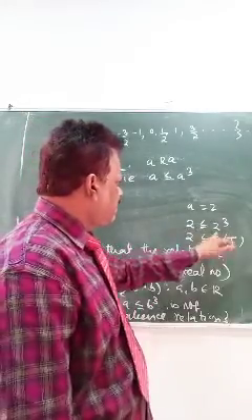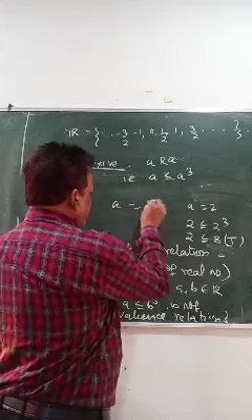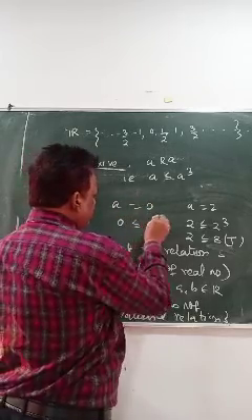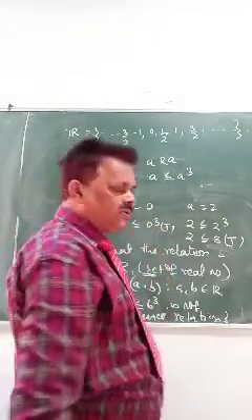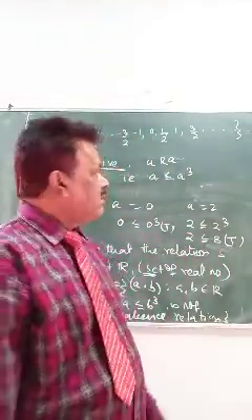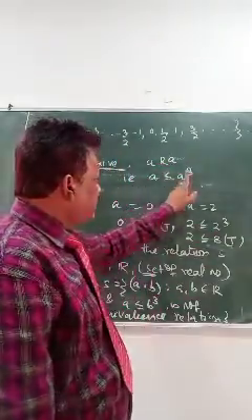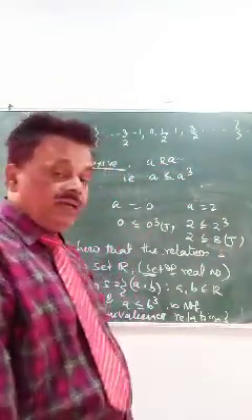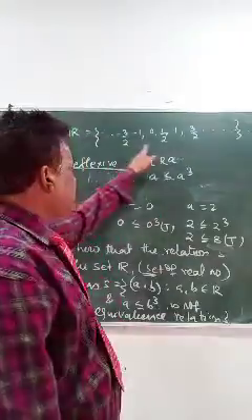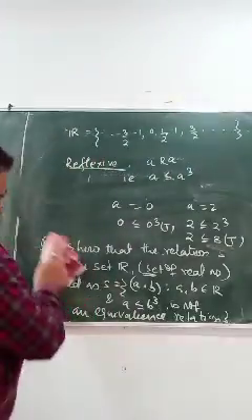Because this is possible: 0. If I take A equal to 0, then 0 is less than or equal to 0 cube. This is true. So don't jump to the conclusion that this is a reflexive relation. You have to find at least one element which is not satisfying this relation. If it satisfies all, then you can say it is a reflexive relation. But I can say here it is not reflexive,